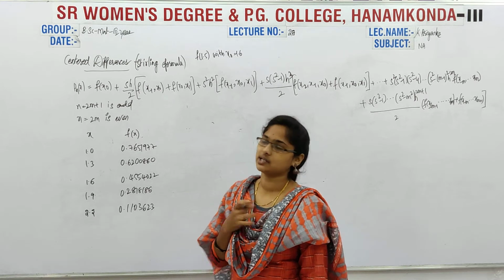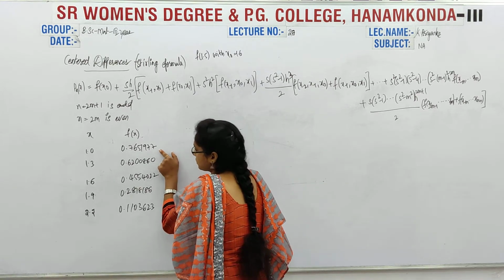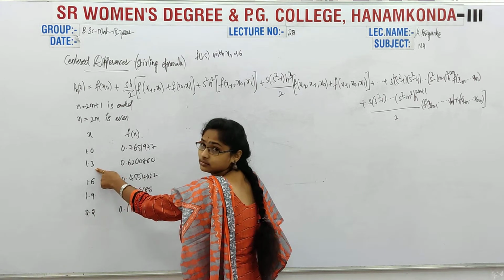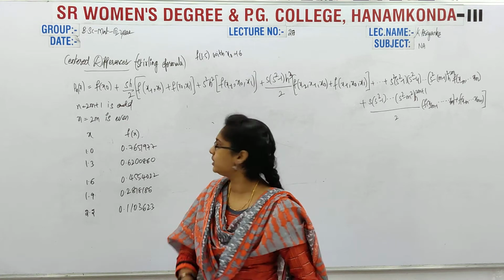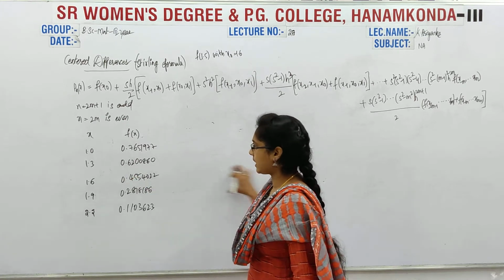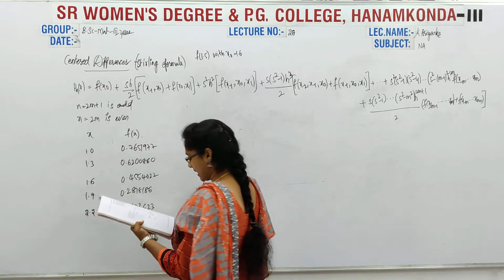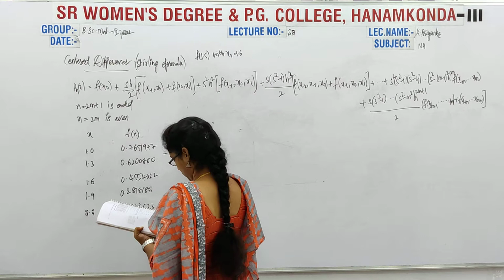First of all, we have to construct the table. How do we construct it? This one minus this, divided by 0.3. We already calculated it, so I am using that. In the solution, write down the table, and here I am giving the values. You already know all these values, but I am giving them because I have to use all of this.